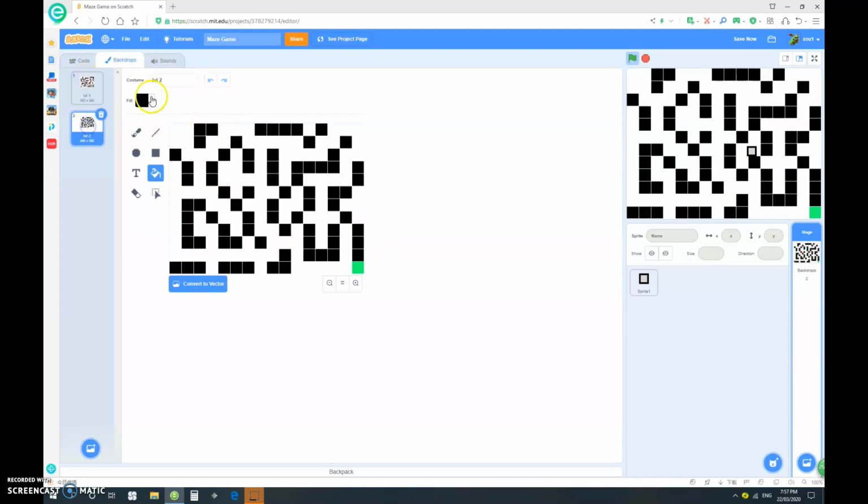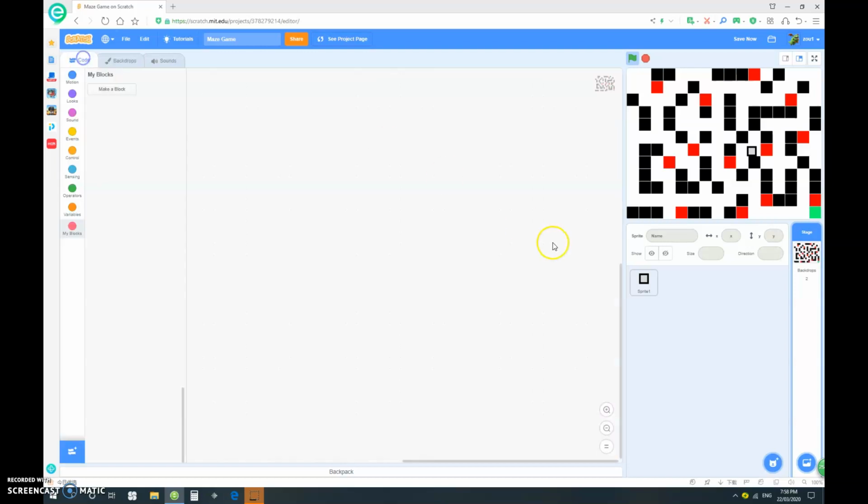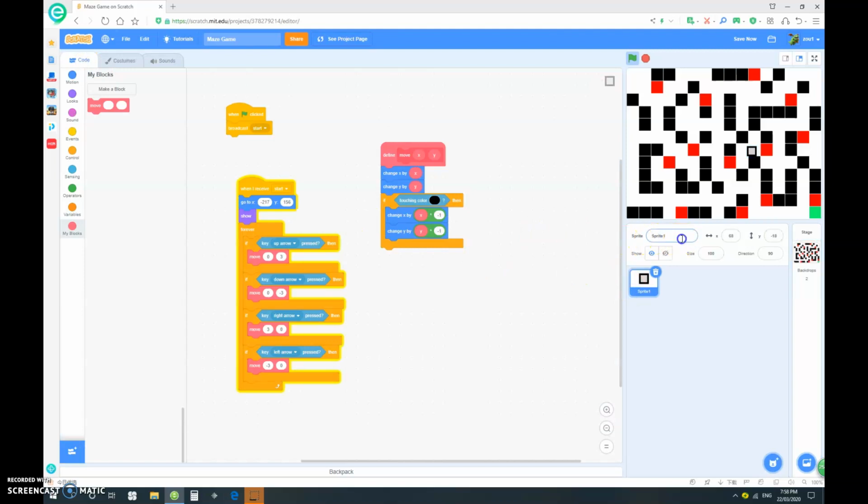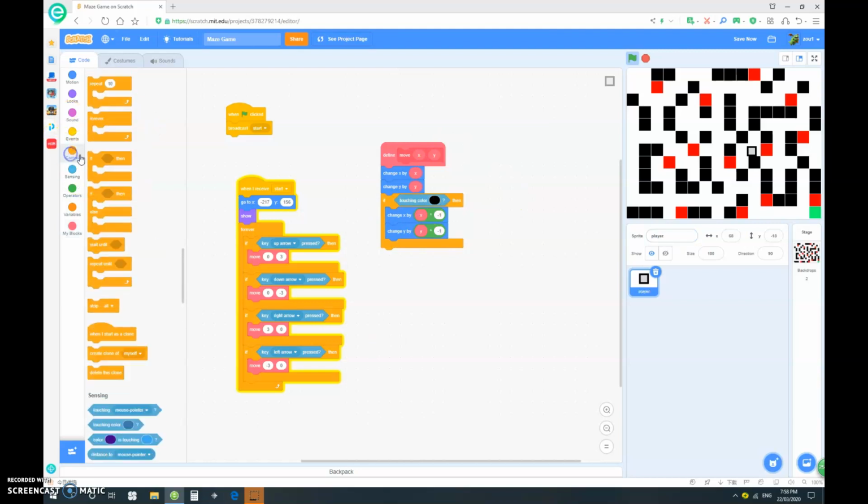Okay, same thing with your level 2. Go into the red and make some of these squares red, so that can be our danger, and it is harder and more challenging and more fun to complete our maze. So after you've done that, go back to the code into the sprite 1, and let's just rename that player. And in the moving script, let's go